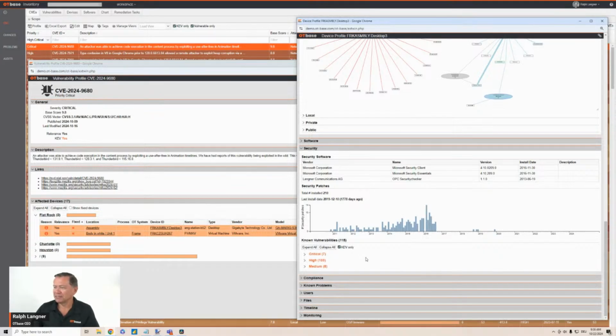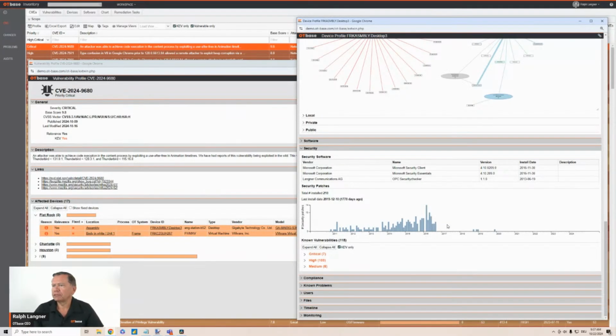So, and then in security, you get all the additional details. You get the patch history. You get all the information that you need to assess the situation. And all of this is only possible because of the inventory in the background, where most of the connections are made automatically. So this is why you do need an OT asset inventory, a contextualized, complete, comprehensive OT asset inventory